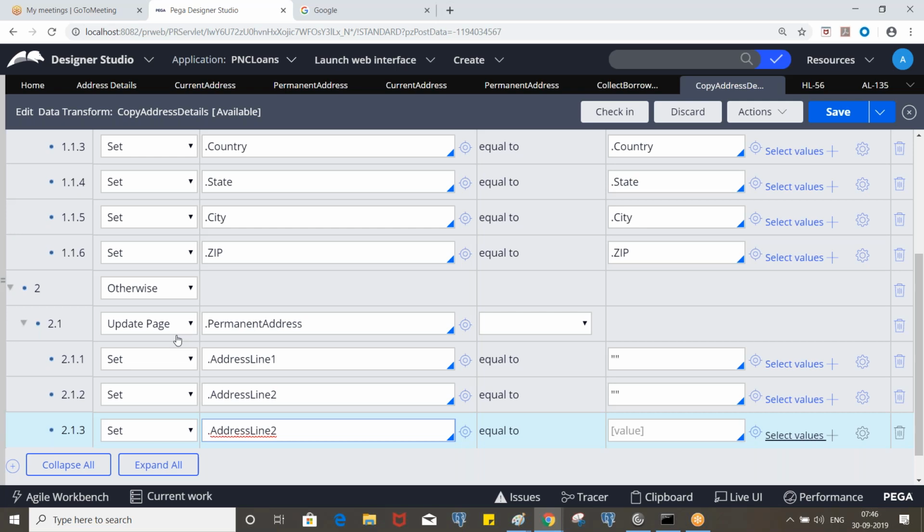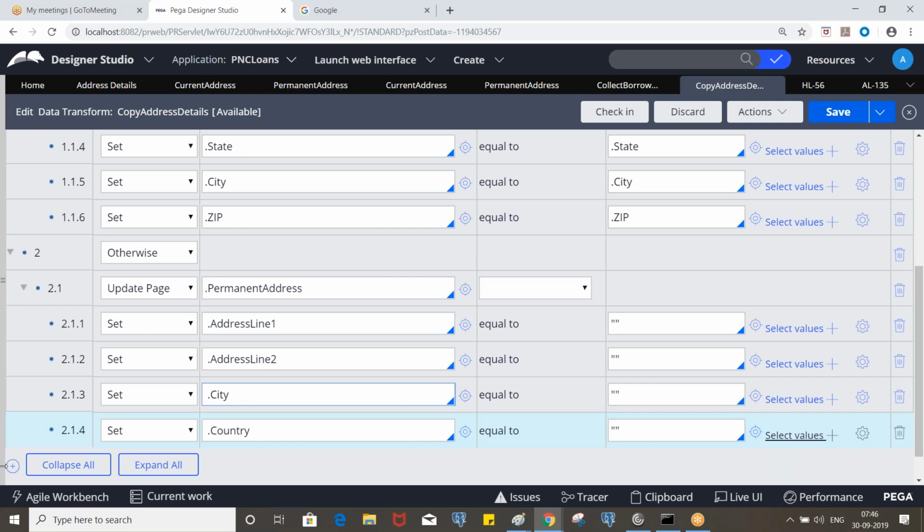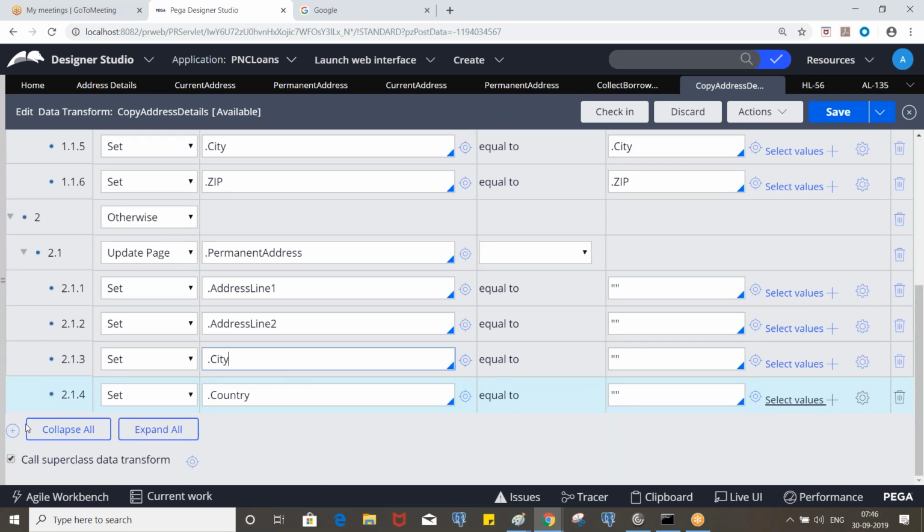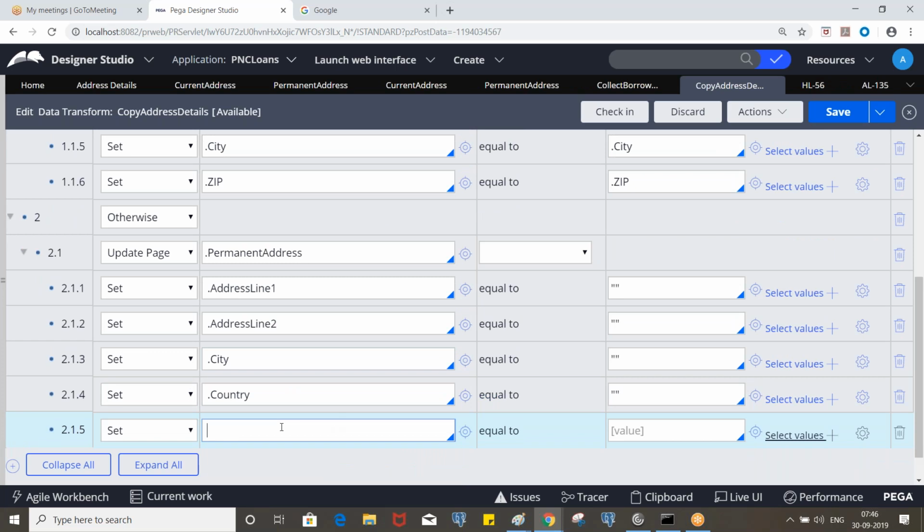Address 2 we already have selected. One second. Country, state. Okay. So this also would be fine.